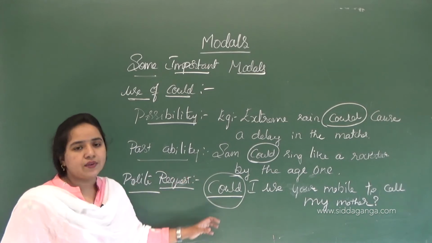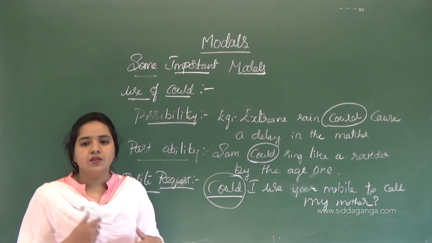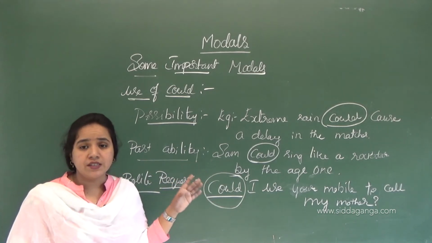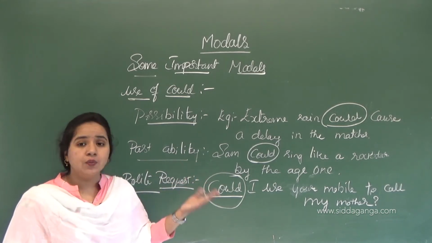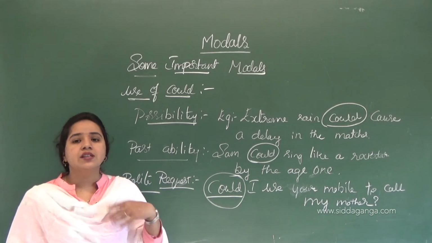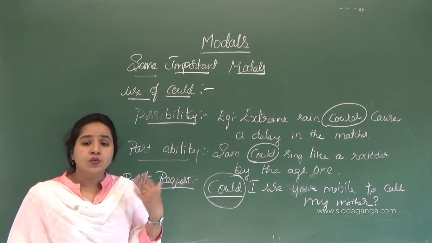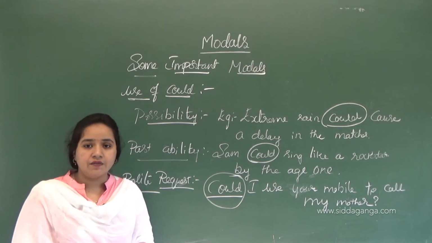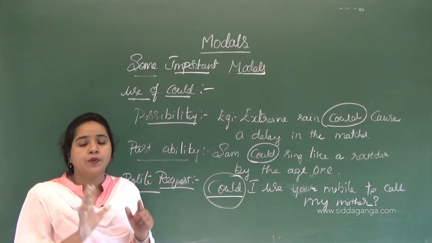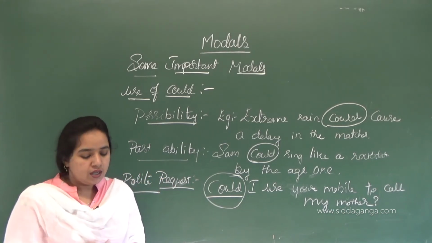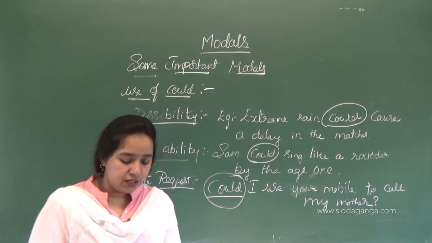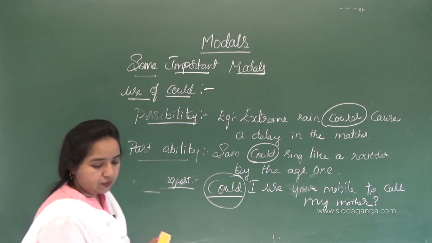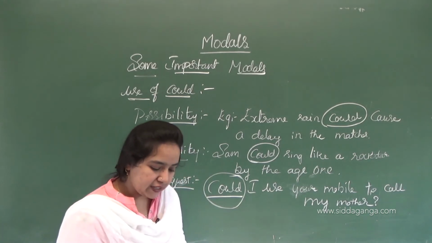So in what cases are we using this could? Practice it again and again in these three circumstances, means in these situations. As for the other words, you can use any other words which you use in your daily life, okay. Like that you can improve your English with the right grammar, okay. Let's move to the next modal. Better I am going to will, I will take this will.